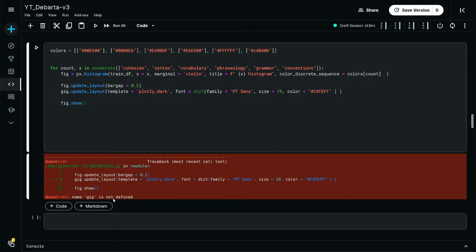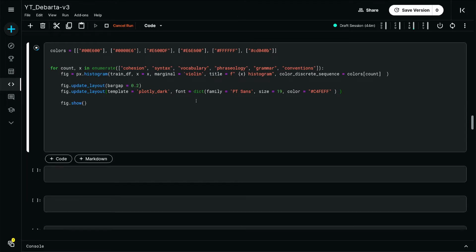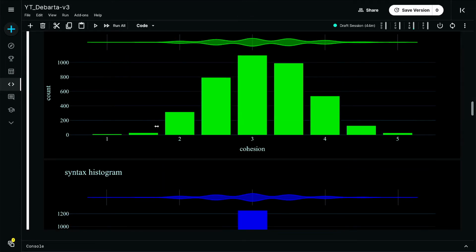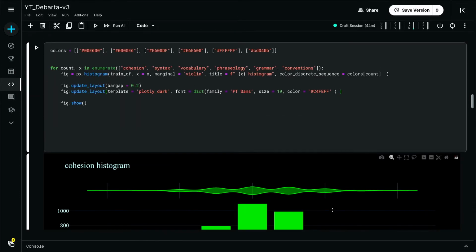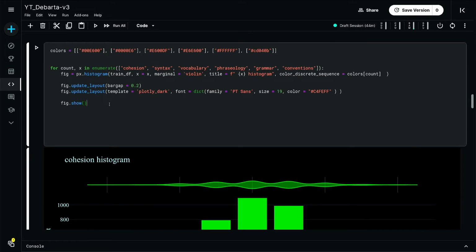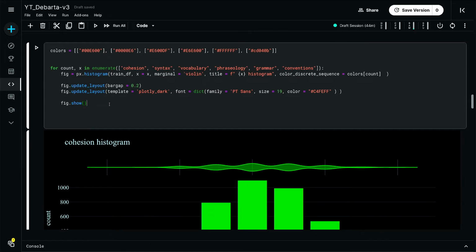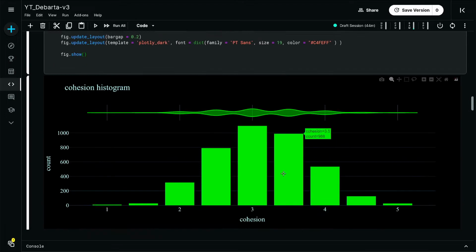Name is not defined. Where is that? Cool. Now they just drew the histogram for all the 6 targets.